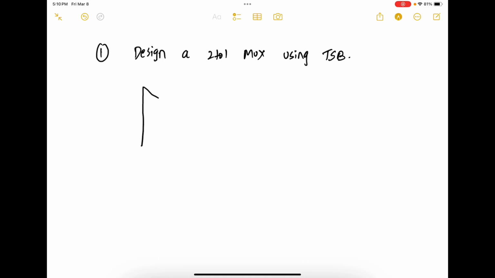Tri-state buffers have several other important applications as well. The first application is you can design multiplexers using tri-state buffers. So the problem statement is design a 2-to-1 mux using tri-state buffers. So let's look at it. Now remember, a mux will look something as follows: